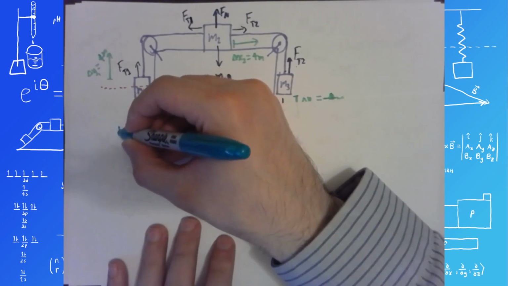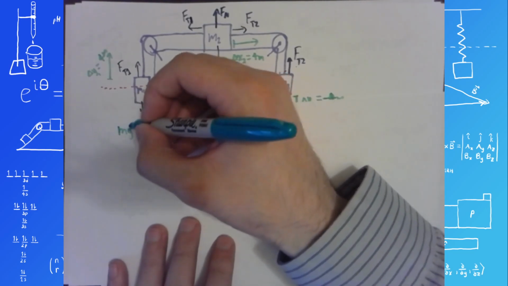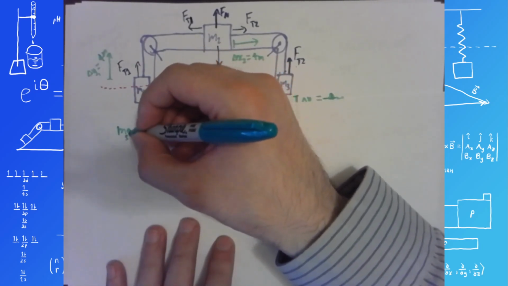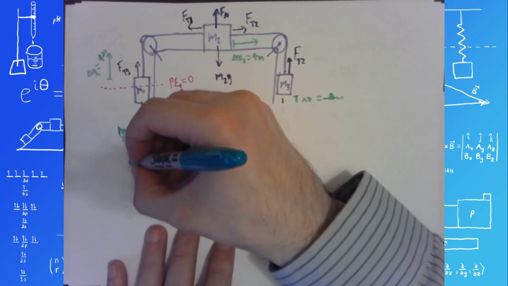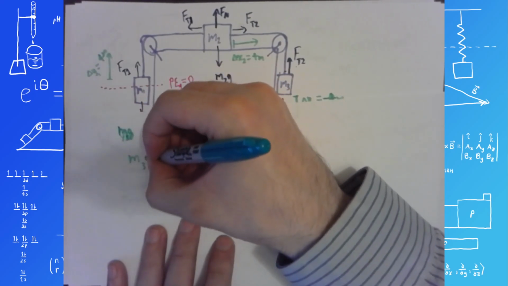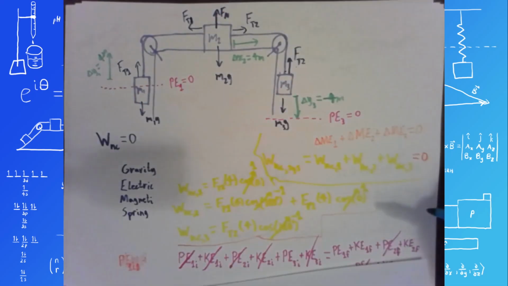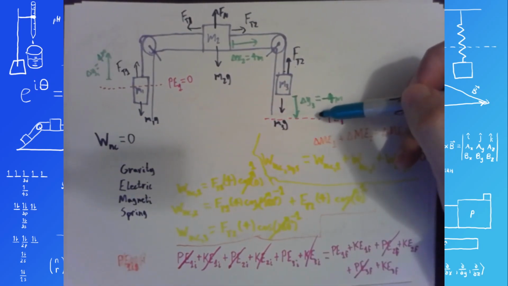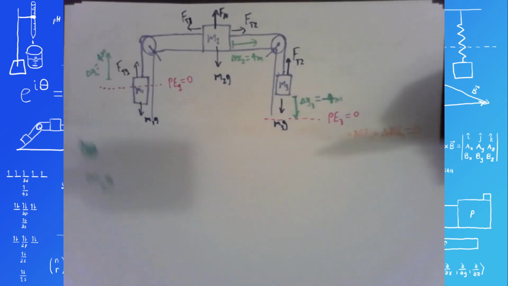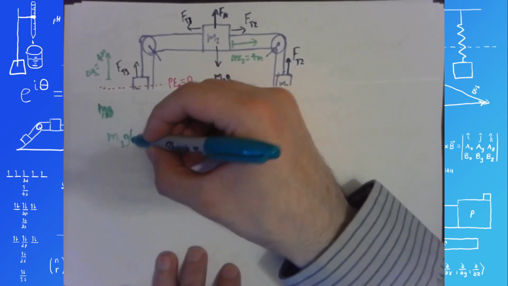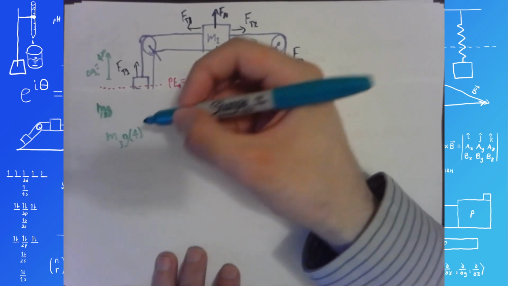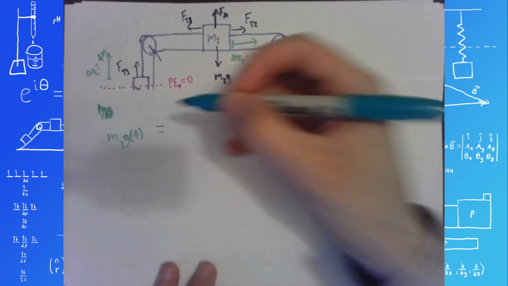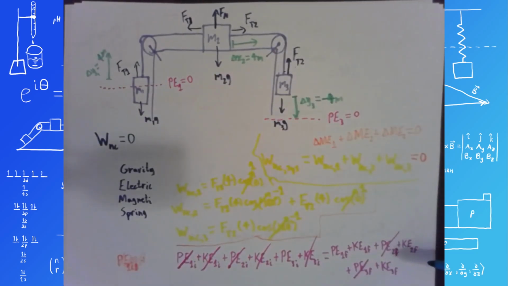So I guess I'm going to call that m3g time. Let me write it again. m3g times its initial height from the 0 line I've defined for it is 4 meters. So it's positive 4 meters above where I've defined 0 to be, equals